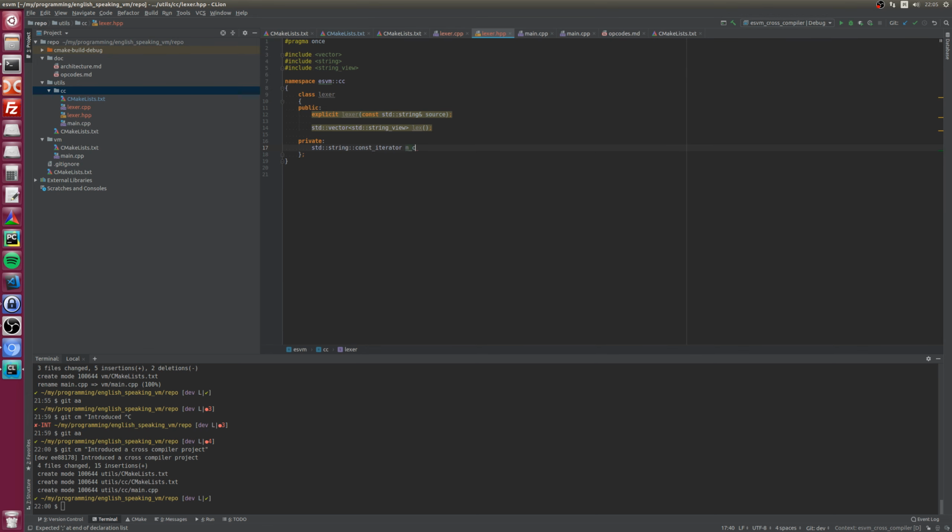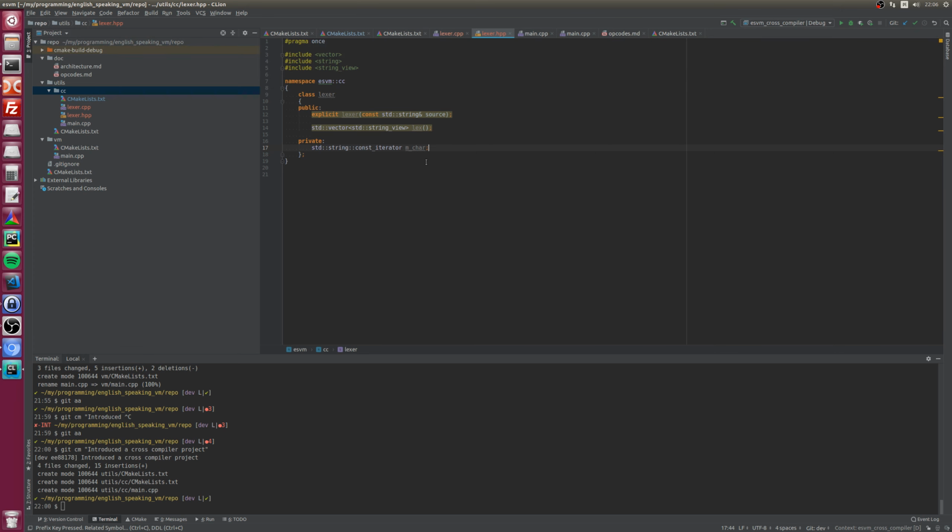So yeah, let's just name it R. So we won't store reference to a whole std string. We will store iterator to the characters of the source code, and we are going to operate on the char instead of some other stuff. I wrote a couple of Lexers in the past and it works like a charm, so yeah.